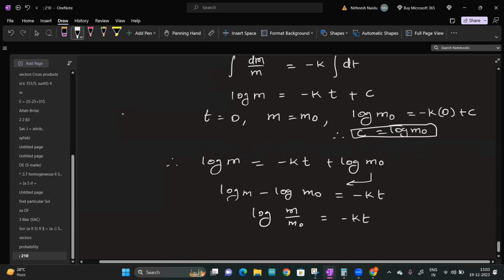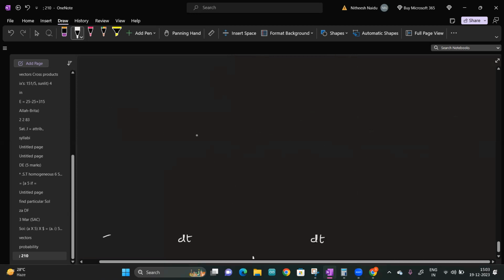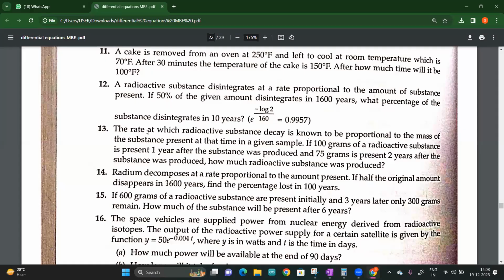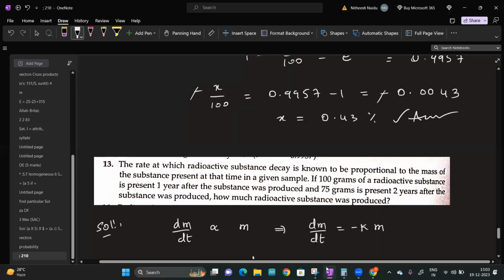The condition says in 1 year, the m value will be 100 grams. Take a look at the question. If 100 grams of the radioactive substance is present in 1 year. Okay, underline this part. In 1 year, that much of radioactive substance is present. So we are going to substitute